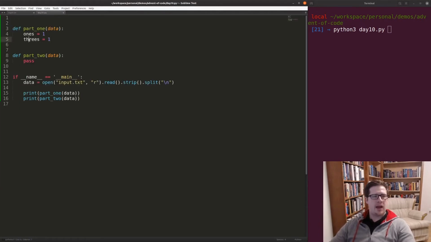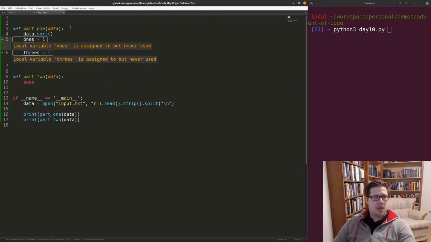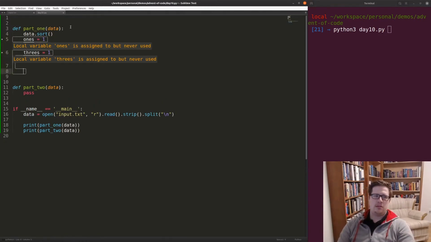And then we're going to have a value of 3 there, so we're at the very end. Whatever our maximum value in the data is going to be, that is going to be a 3. So actually the first thing that we're going to do here is just sort the data, right? That will start us off with data that's in order, and then we can just iterate through the data itself. So for x in range 1 to length data,